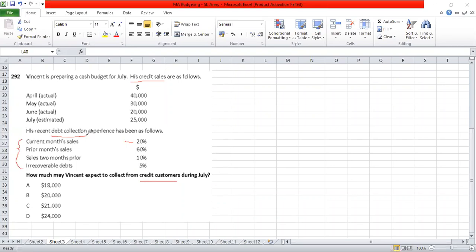So if there is one figure, let's say this is 40,000, 40,000 is for 1 month sales. So out of this 40,000, the payment would be 20%, he will receive it in the same month, in the current month sales, same month. Then another one, 60% in the